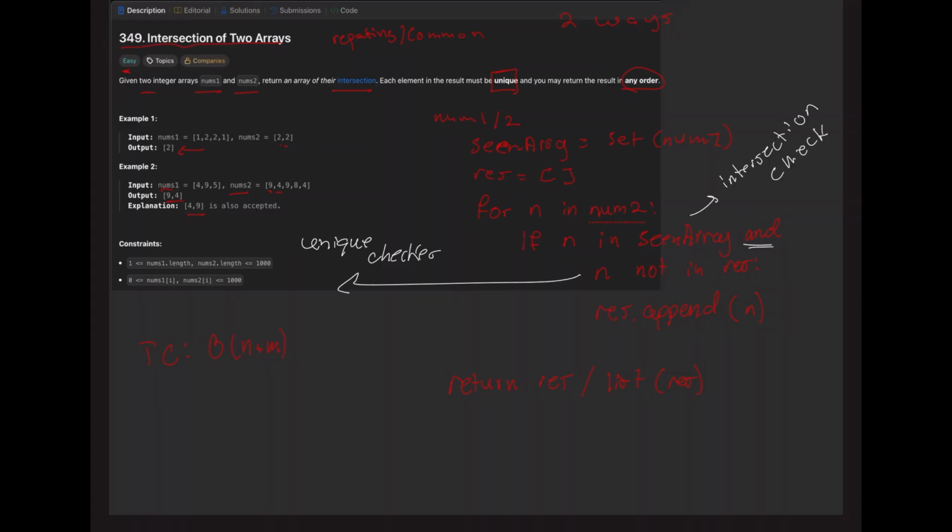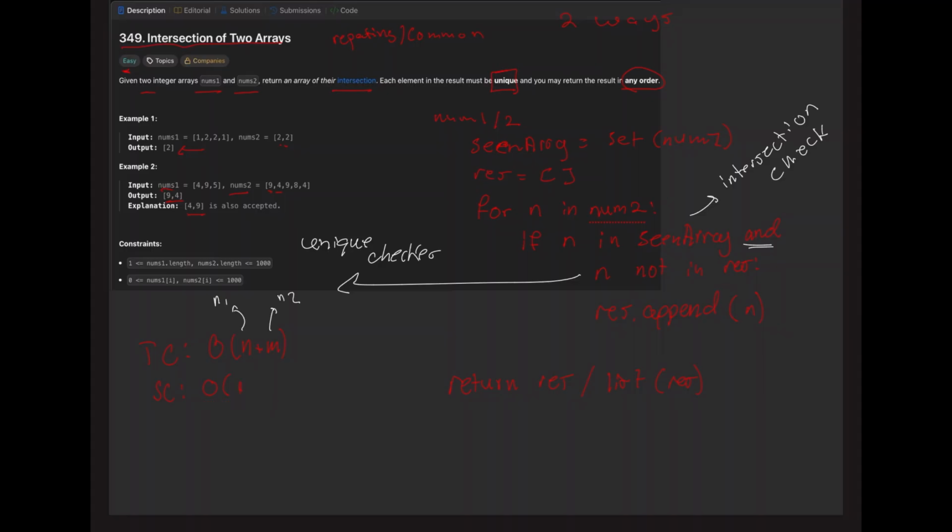I'm going to take a shortcut here to say this is n1 and this is n2, because we have to iterate through both technically. And the space complexity, well, we're using a hash set for our algorithm, so this would be